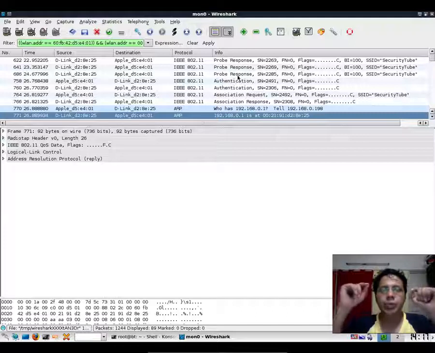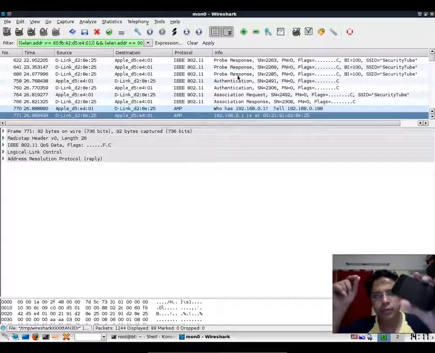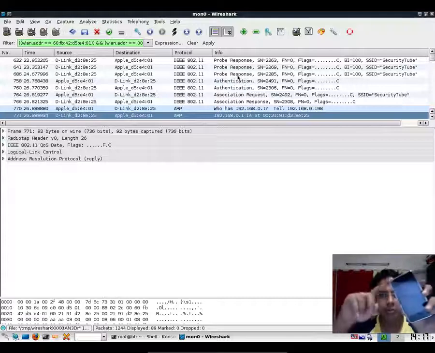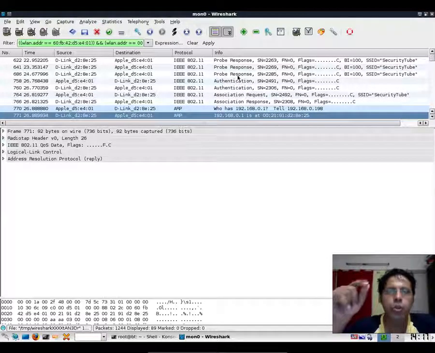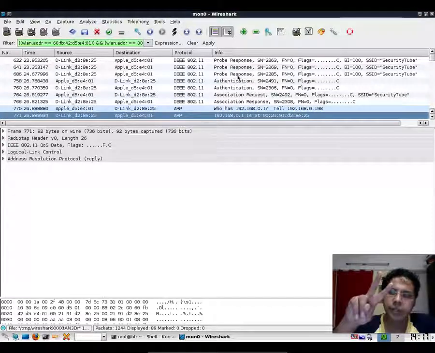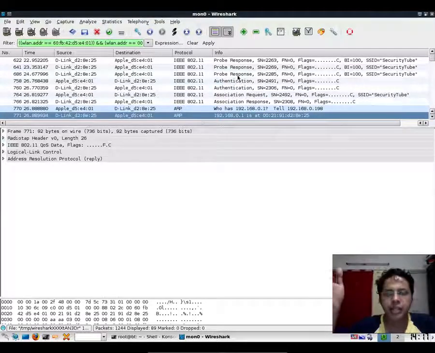Okay, so let me quickly summarize what we've seen. We switched on our wireless client, which was our phone in this case. The moment we switched it on, we saw a lot of probe request packets going from the phone on the network. We saw two different kinds of probe request packets. One was a broadcast packet, in which the client was just telling everybody, all the access points around, that hey, I am here, can you please tell me which networks are available?